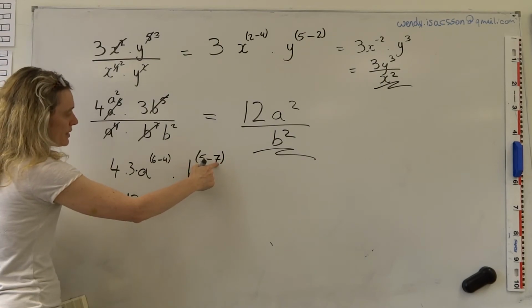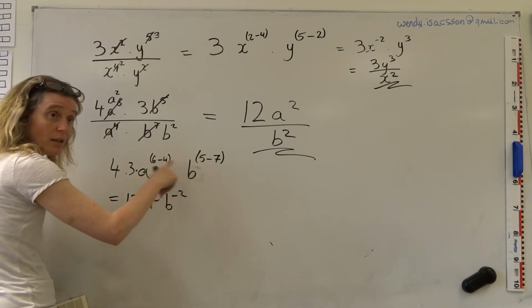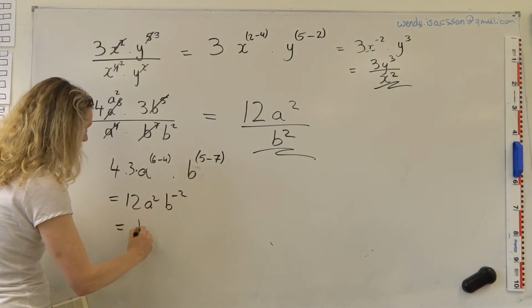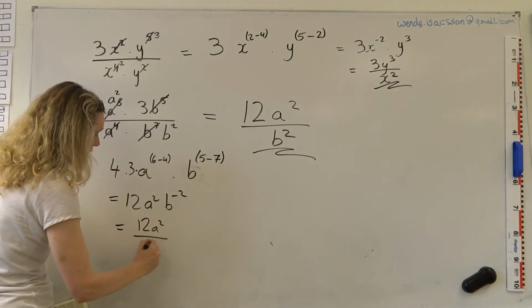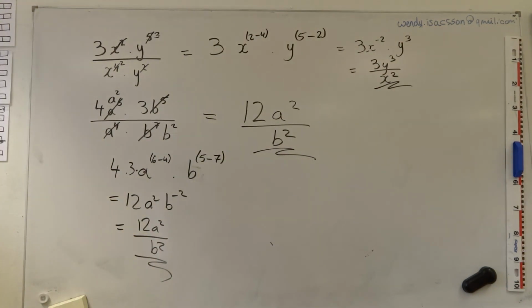B to the 5 minus 7 is b to the minus 2, which must be rewritten. Don't leave it as b to the minus 2. We write it as 12a squared divided by b squared. So it should look like that. So either